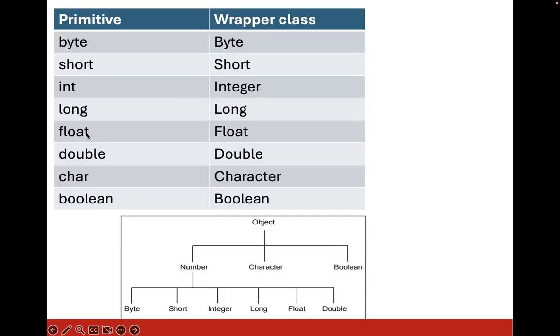Then you have float. So you're converting into wrapper class, same thing for all these things, but the first character should be capital. For characters, we use char in data types, but in wrapper classes, we use Character. So these are the differences you should understand